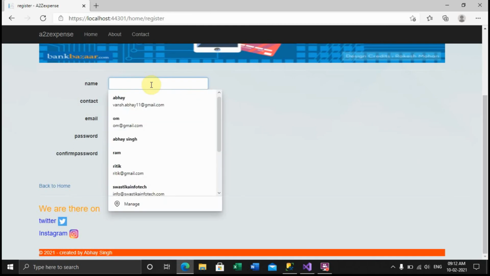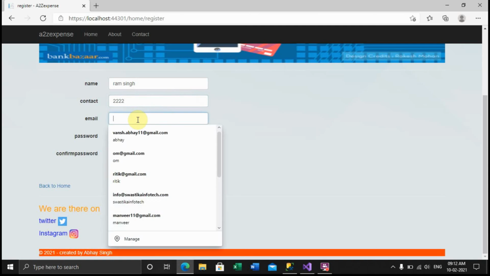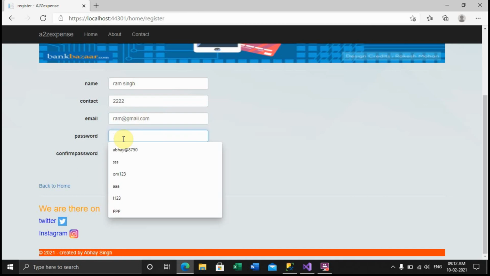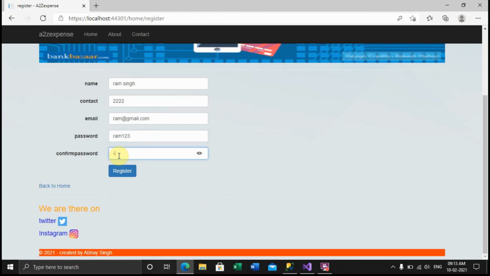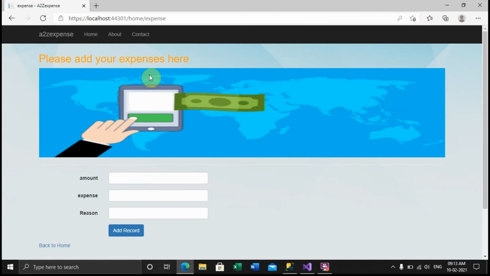So I enter the name Ram, and contact 4 times 2, email ram@gmail.com, password ram123. Confirm password should also be the same one, 123. Now I'm hitting the register button. See, it's taking me to a page where I can add my expense.